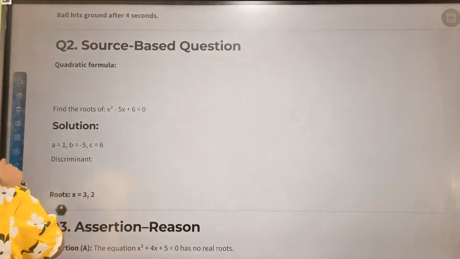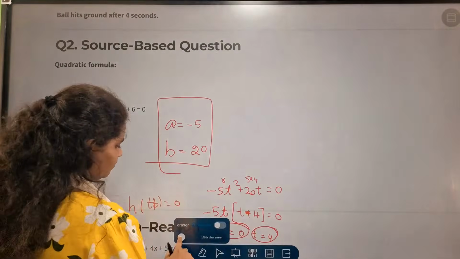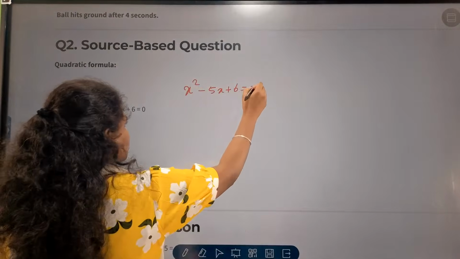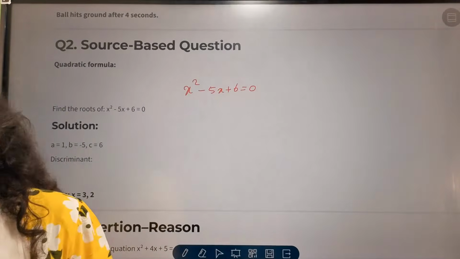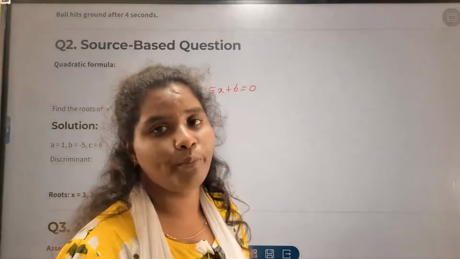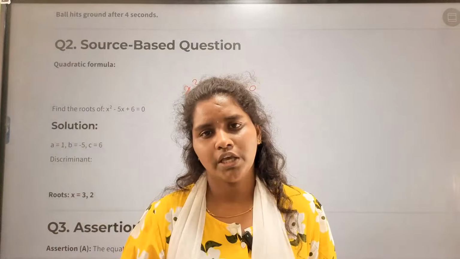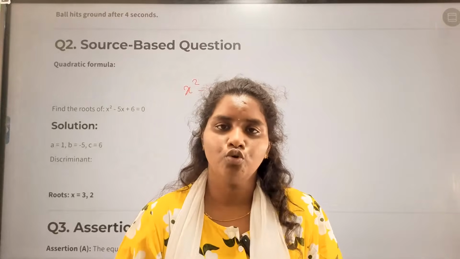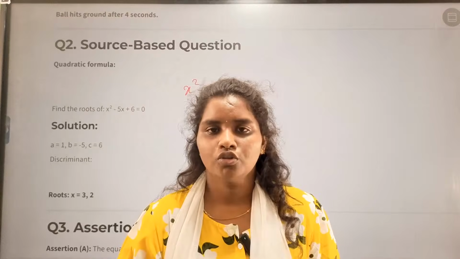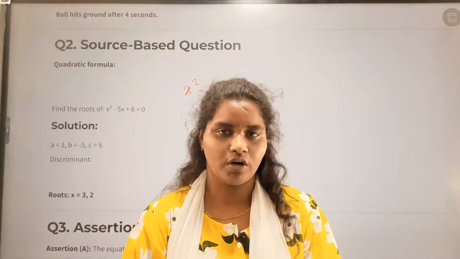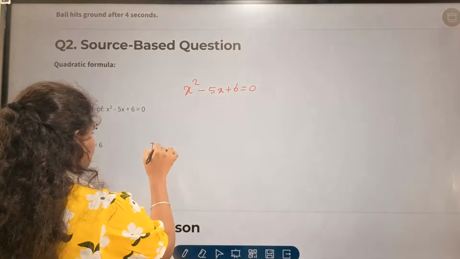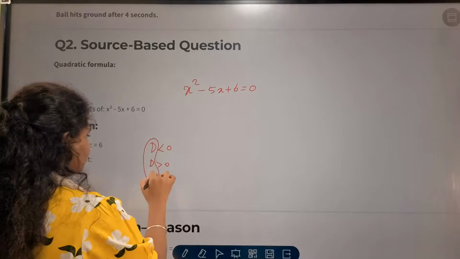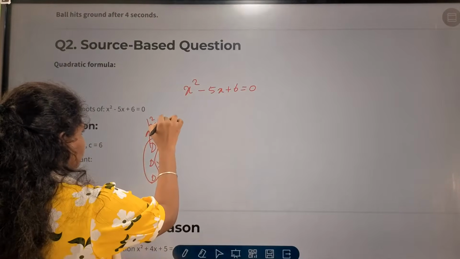So see, here we have x square minus 5x plus 6 is equal to 0. To find the value of x, we'll use two methods here. The first is by using the direct formula, which is the quadratic formula, or by splitting the middle term, right? So first we'll check the nature of roots, right? Nature of roots means if D is less than 0, D greater than 0, or D equal to 0, this D is mentioned as b square minus 4ac.